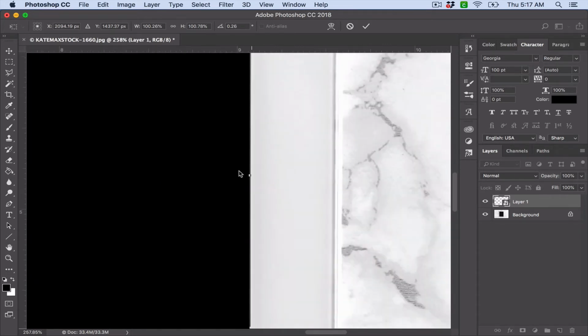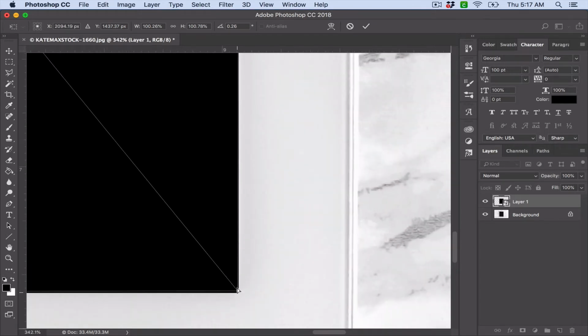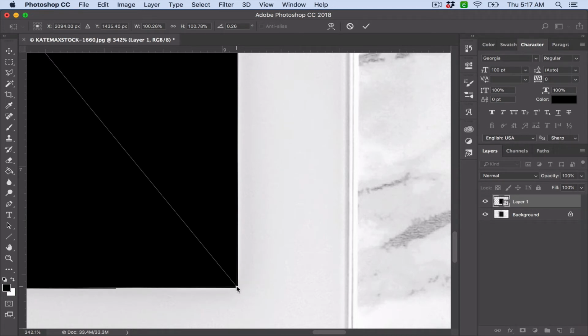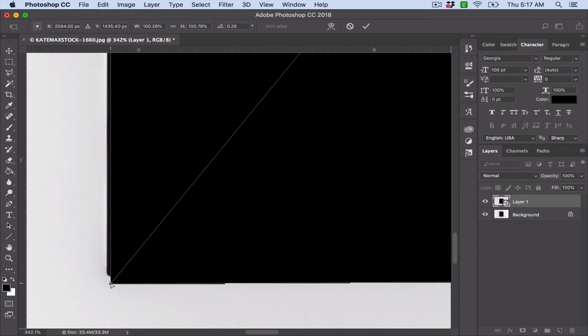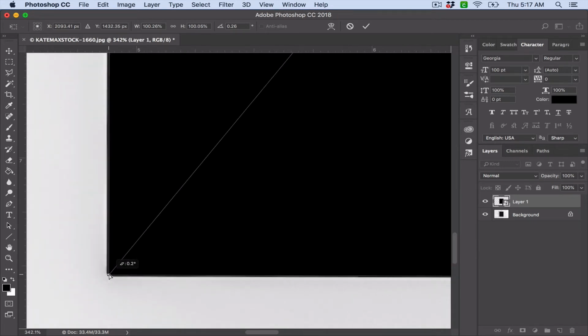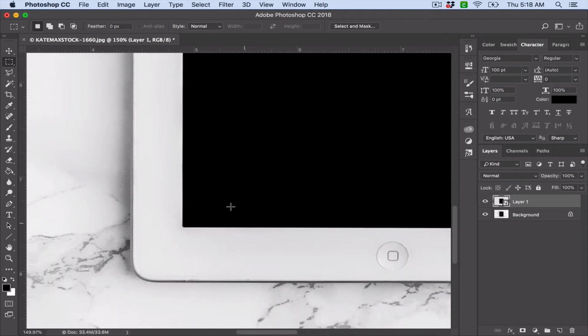You want to leave a little gap because a real iPad has a little thin black line around the screen, just so it looks a little bit more realistic versus taking it edge to edge. And you can always tweak this, so don't worry if once you import your image it looks a little off. Just hit enter, and there is your